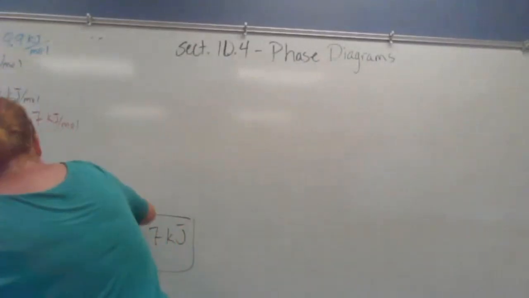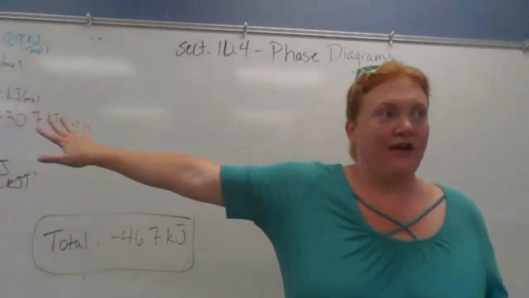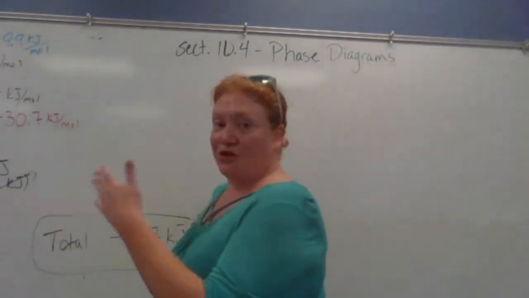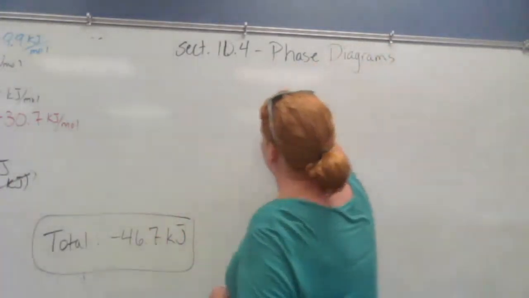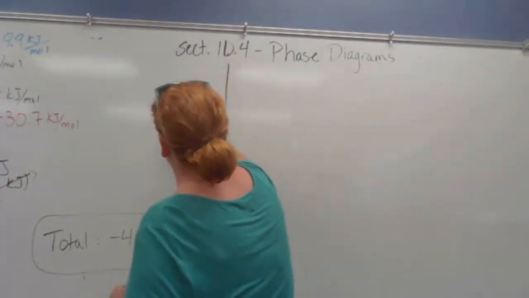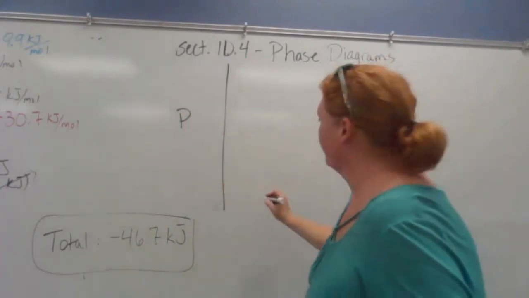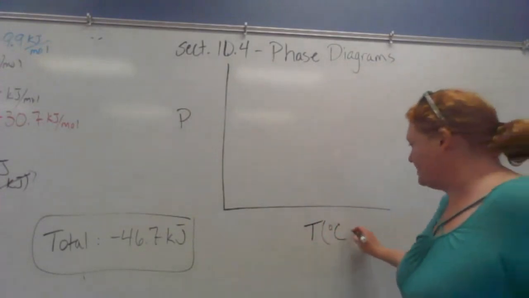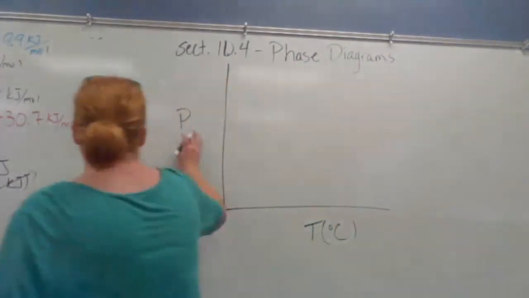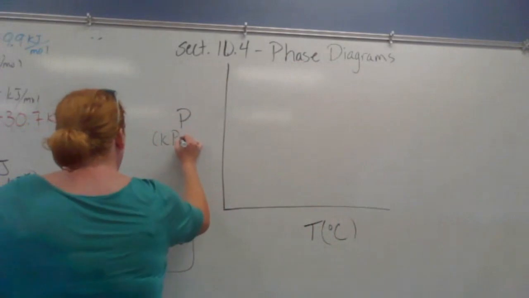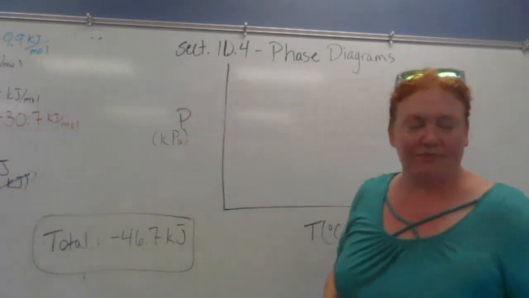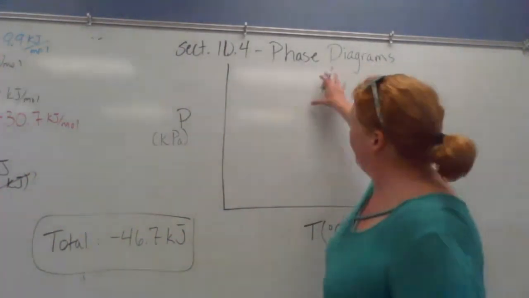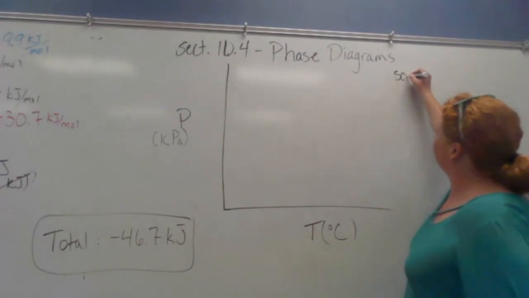So a phase diagram now is not a heating curve. A phase diagram doesn't show the relationship between temperature and heat. A phase diagram shows the relationship between pressure and temperature. So temperature is in degrees C. Pressure could be any unit, but in this chapter, a lot of times we're just using the scientific unit, kilopascals. So a phase diagram separates